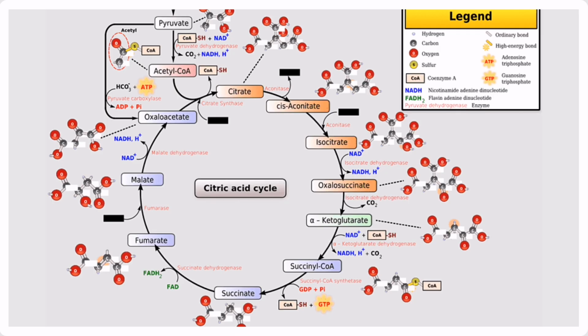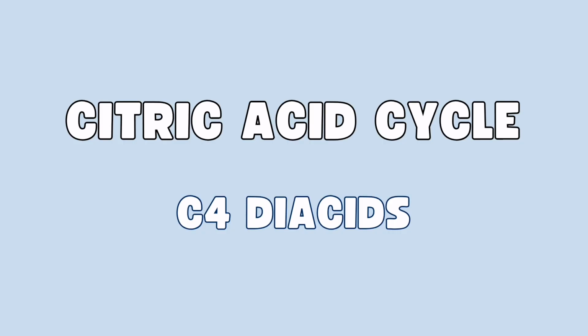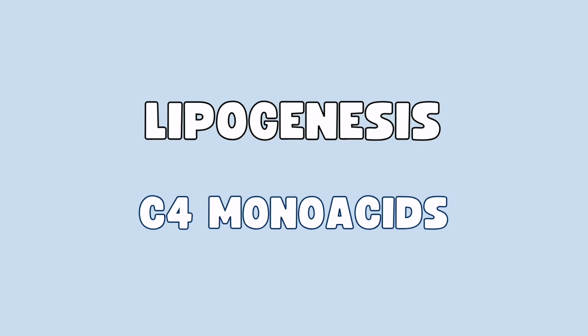Citrate produced by the TCA cycle is transported out to the cytoplasm and transformed back to oxaloacetate and acetyl-CoA. The acetyl-CoA is subsequently used to synthesize fatty acids, while the oxaloacetate is transformed to malate. The transition from C4 diacids in the TCA cycle to C4 monoacids in lipogenesis reflects the compartmentalization of these activities